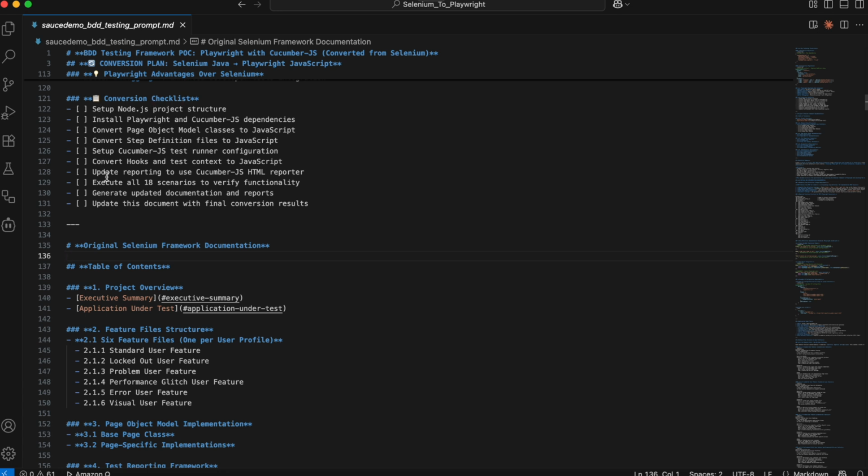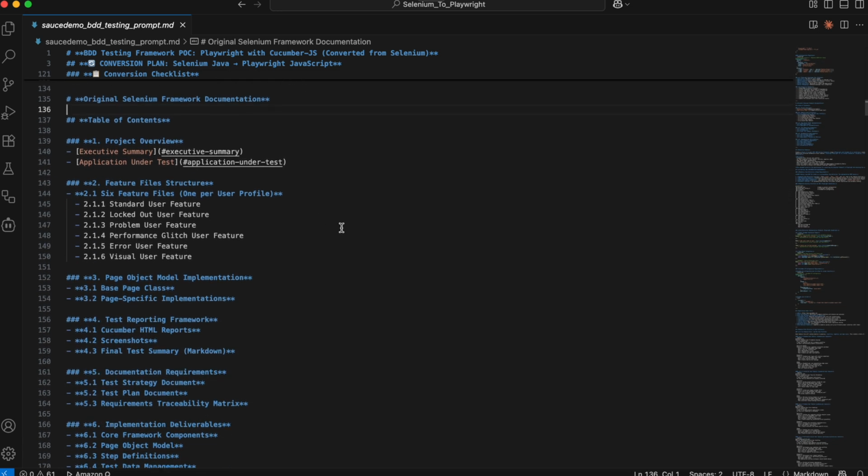So this is the initial checklist, so setting up the Node.js project structure, all the steps that are needed are listed out here. So once the AI agent starts, it will update this with the progress,